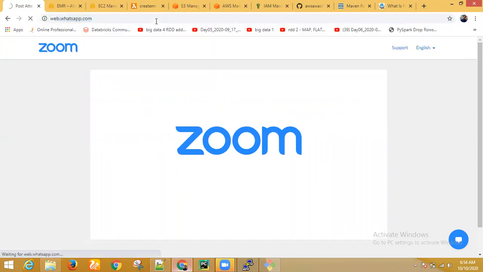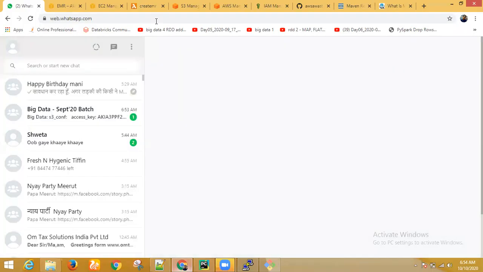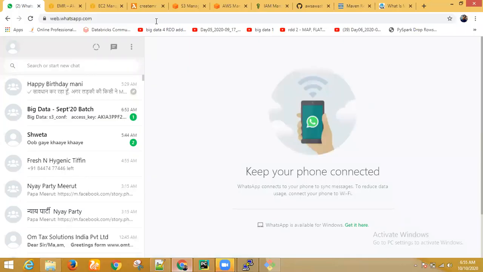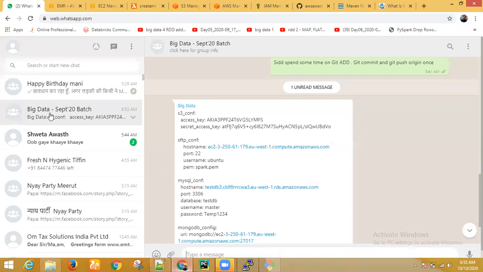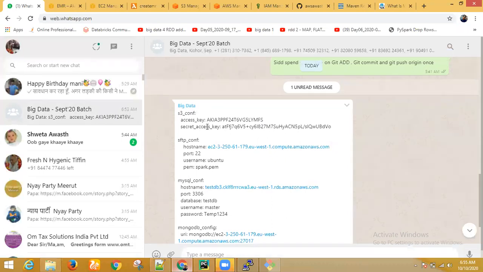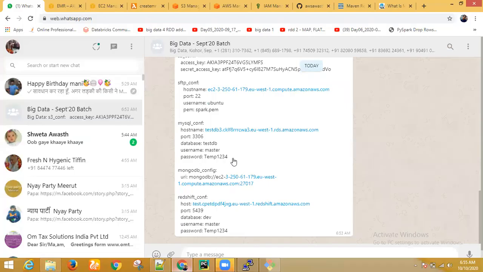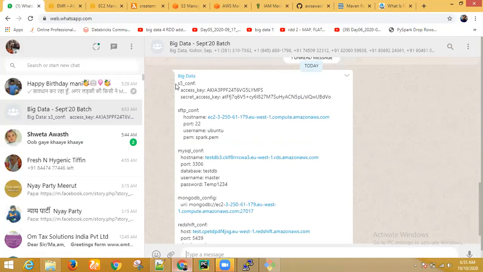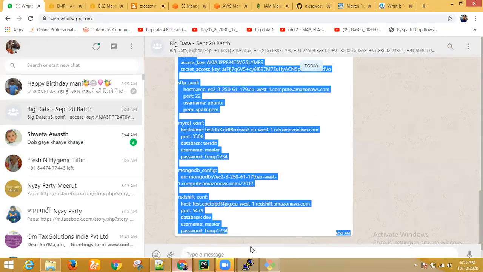For Scala, what you have to do? I don't think you have to do anything extra. No, not Scala, I'm asking in general actually. The moment you create an EMR cluster, Scala will be available there. Here also you see we didn't install Python, right? Python is also available there. If you want to add any other libraries, then you have to add them there: pip install and then add. These are the configurations we have to add there.